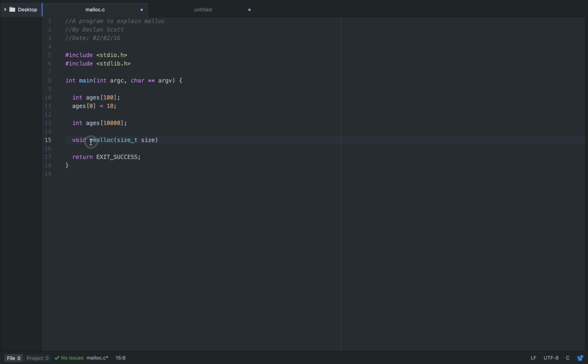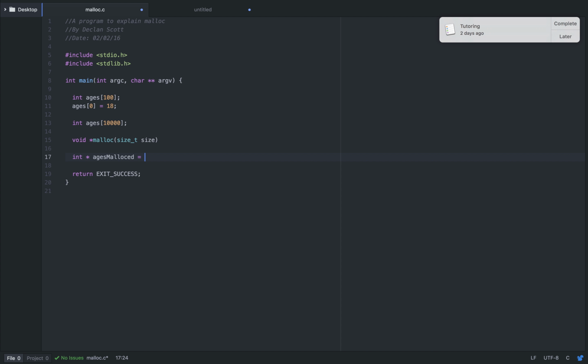And you see here it returns a pointer, and that's a pointer to the start of the memory block it's allocated for you. It's important to check that it's not null, because if it is, malloc has failed. So we could assign that pointer to an array like this: int star ages_malloc equals malloc(40). So malloc will return a pointer to a block of 40 bytes of memory, and our ages_malloc variable will point to that. So we have our array that's 10 ints big,